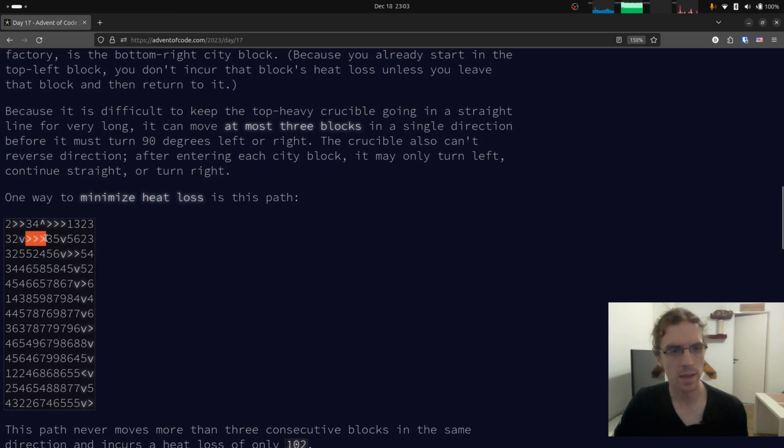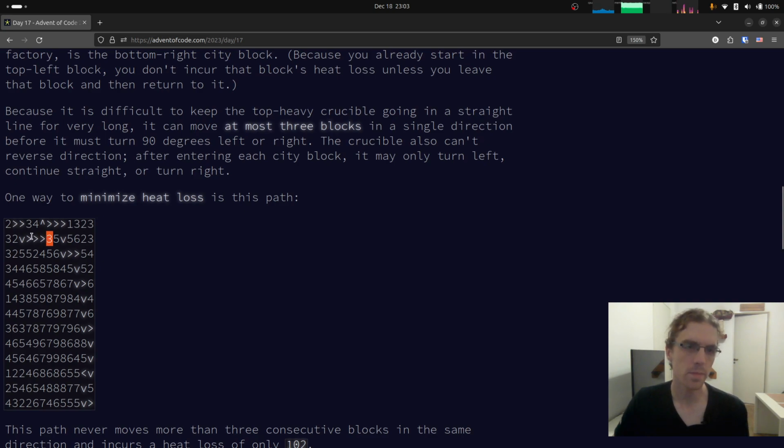As you can see, here it went 3 times to the right in a row, but it couldn't go to these 3, because that would be going 4 tiles straight in a row, so it turned.